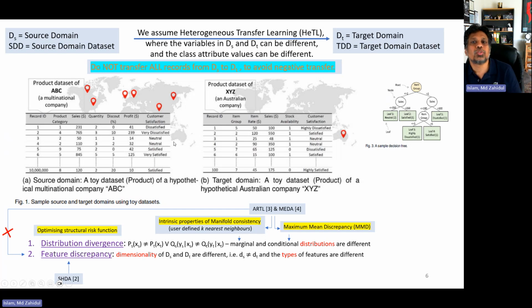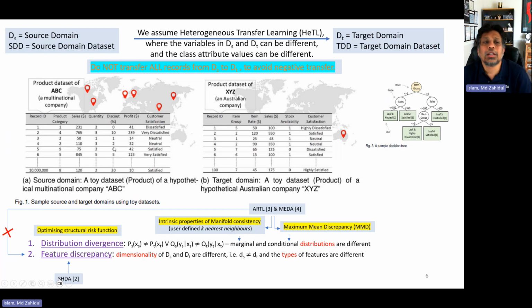Now, transfer learning allows you to transfer data from another domain or another source. Let's imagine that ABC is a multinational company, maybe on a different domain even. For example, it could be a health service provider, not a travel agent. But they also have customer satisfaction and dissatisfaction, and the variables, which I call attributes, are different, attribute values are different, but they have huge data, a huge number of data points, records, like